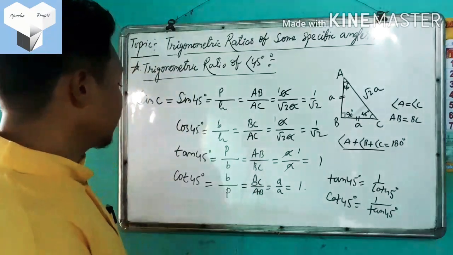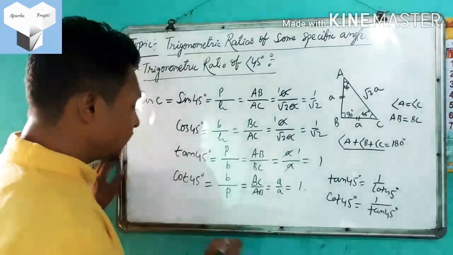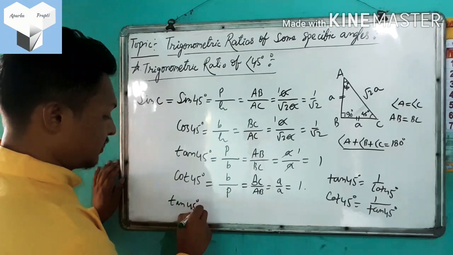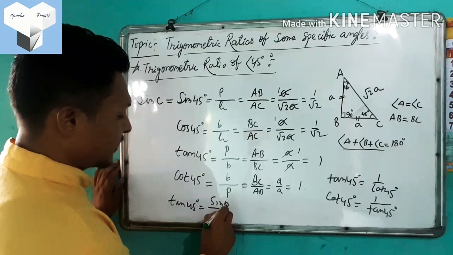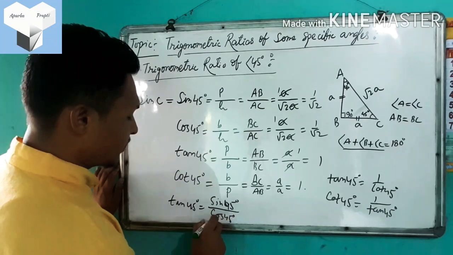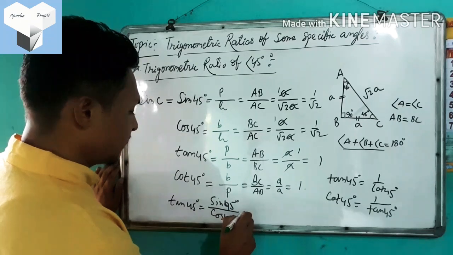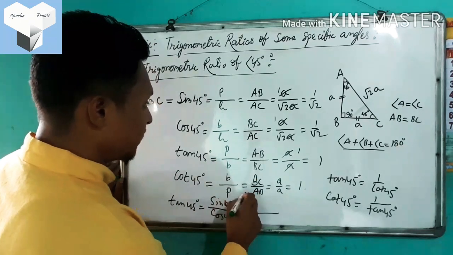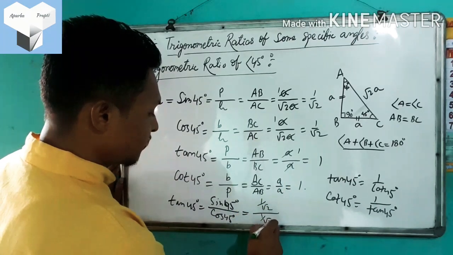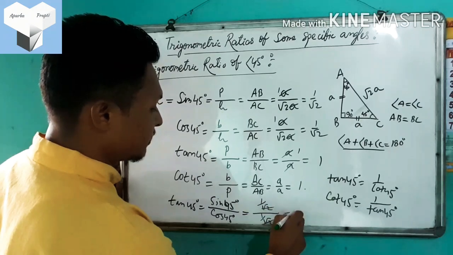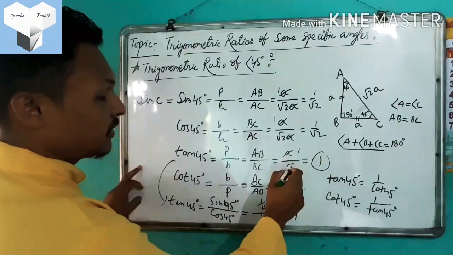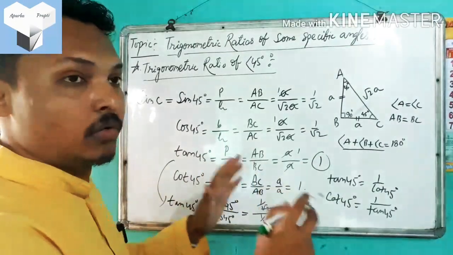In the same way you can find the tan ratio in terms of sine and cos. Because you know tan theta means sine theta by cos theta, as I have mentioned in the earlier classes. You just remember this. So putting the value of sine and cos, you will get the value of tan. I am just doing it for this. Sine 45 degrees is what, guys? 1 by root 2. Cos 45 is 1 by root 2. Here the root 2 denominators cancel, remains 1 by 1 is 1. So that is the answer, tan 45 degrees. Okay. So as you wish, you can solve in your own way.